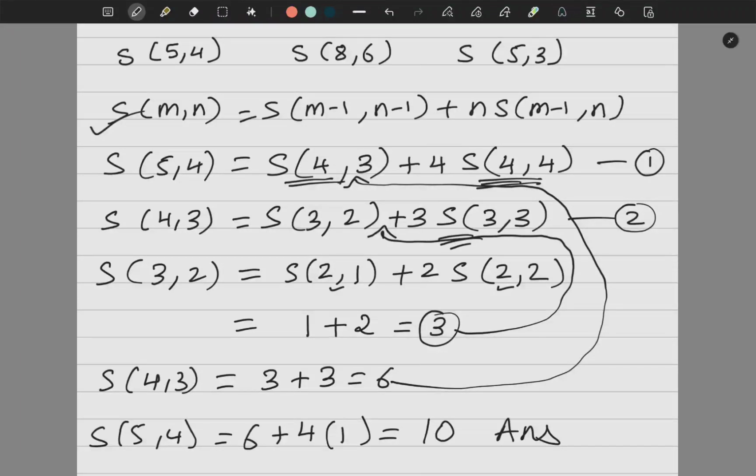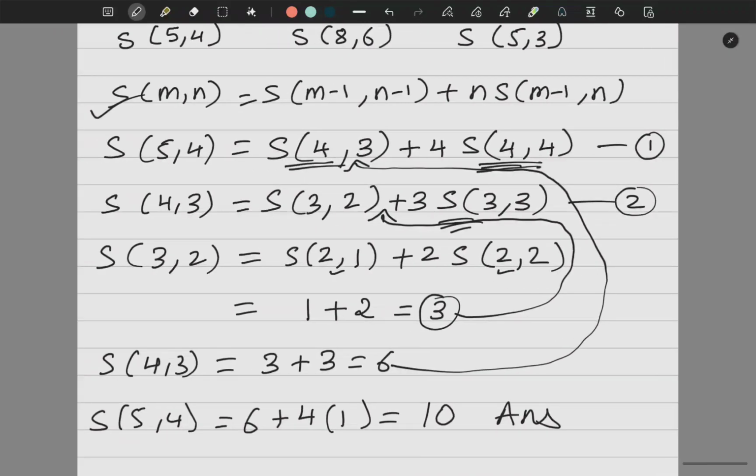Easy? Now same way, if I ask you this question, S(8, 6). Since the number is big, if you do it like this, it will take a lot of time. So I will suggest you find P(8, 6) and then divide it by 6 factorial. You can try this question, your answer will be 266. Same way, if you try S(5, 3), since the numbers are small, you can use this recurrence relation as well as that one. Whatever you prefer, you can use. But you should remember the relation between S and P.